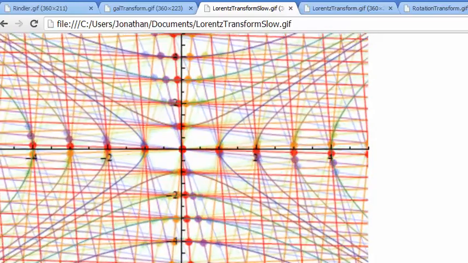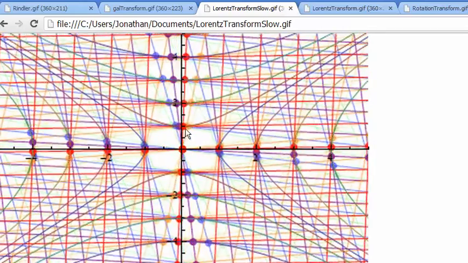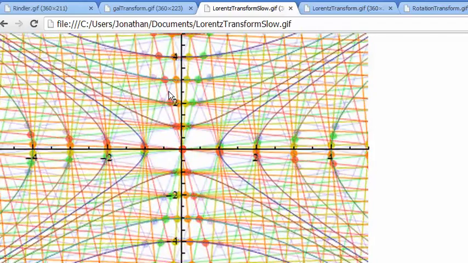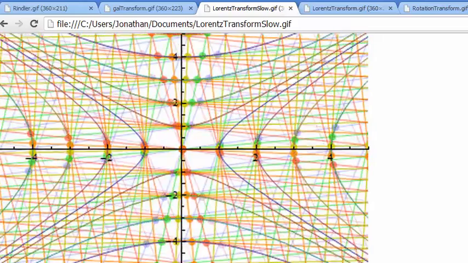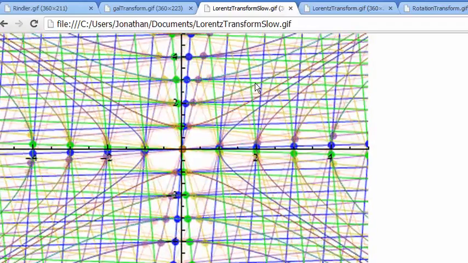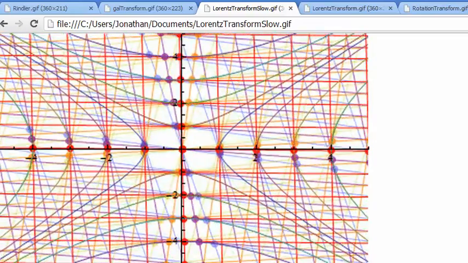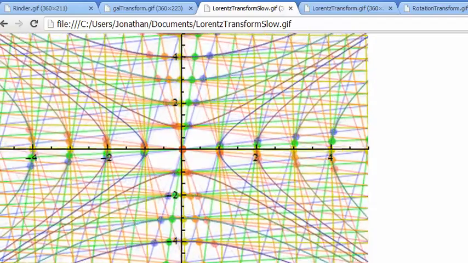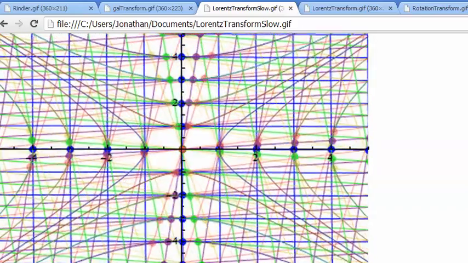So maybe if I could do something with the fading. On second thought, I don't think this fading is going to do anything. What's going on is the v increment affects both the speed of the rotation and the distance between the red, orange, yellow, green, blue, violet lines. So what I would need to do is make those two separate variables, because I want the spacing between those lines to be more, but I want to keep this slower speed. Unfortunately, I'm going to have to put that in a later video, because otherwise, after about 10-12 minutes, these things start to lose their sound timing. So we'll make that into another